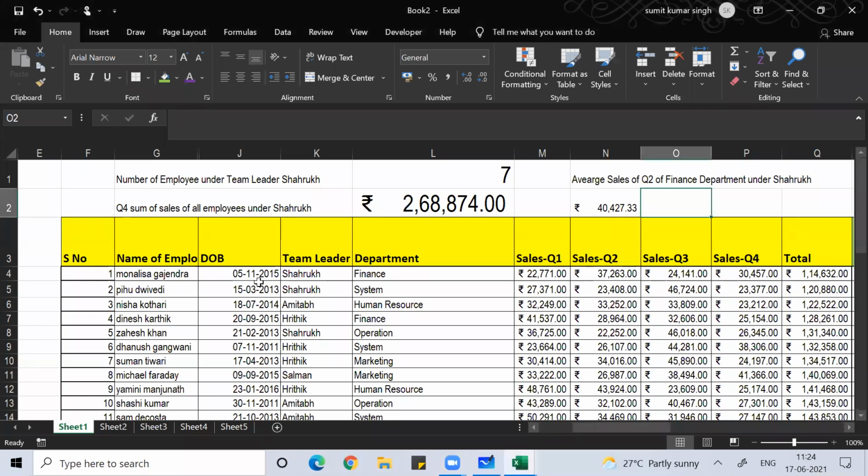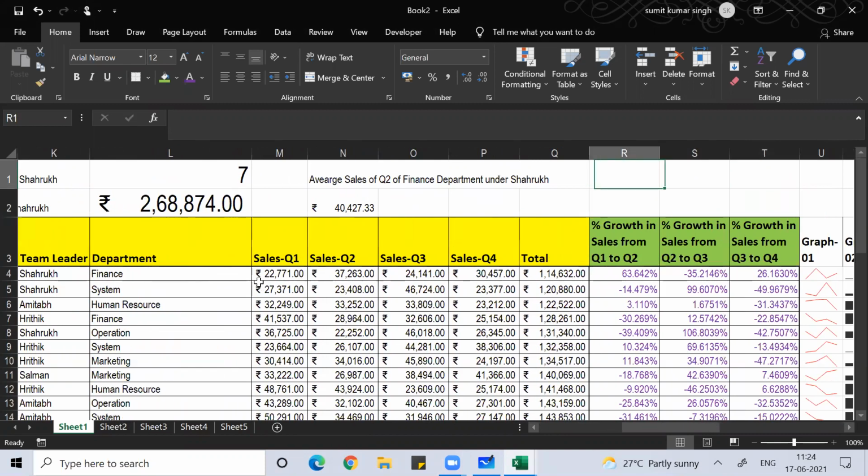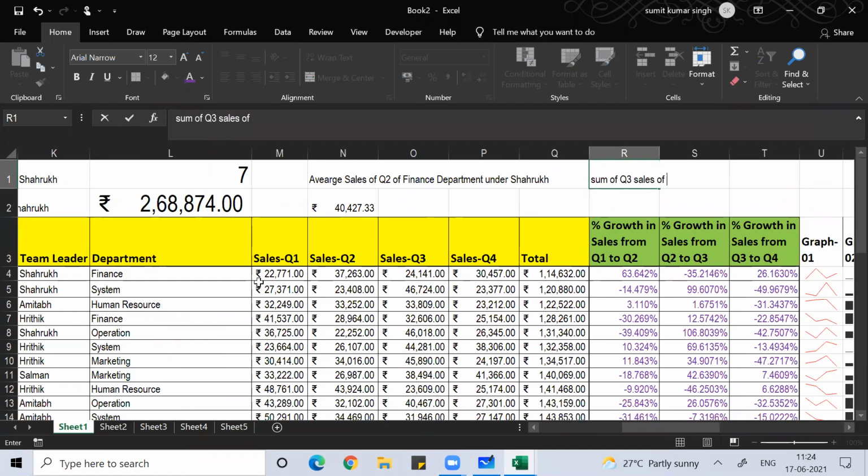You can put any condition, guys. You can ask me anything on this, sum, average, anything. You can do anything. So sum of quarter 3 sales of operation department under Amitabh.